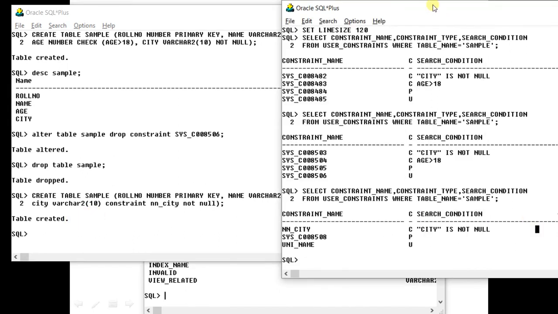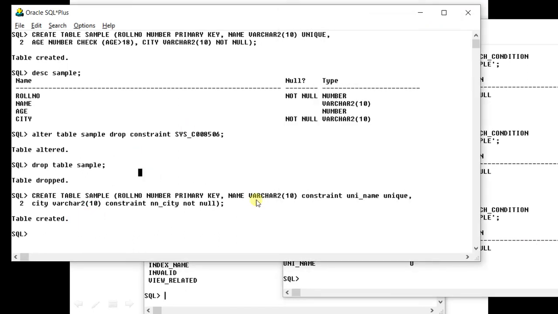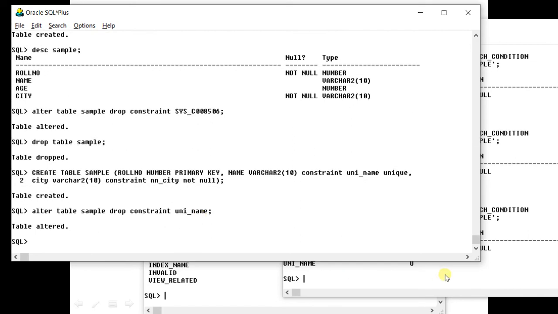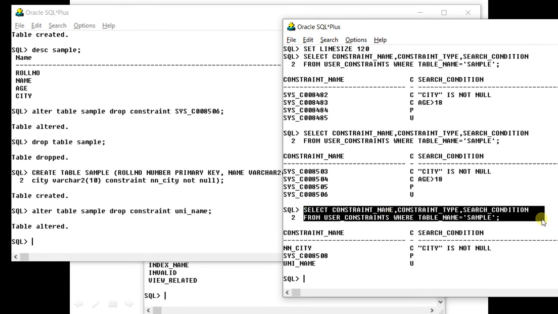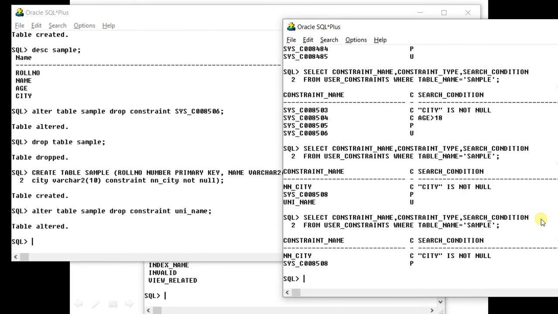You will type alter table sample drop constraint uni_name. It will alter. Simple. Now see again the list of constraints from user_constraints. The constraint has been dropped.